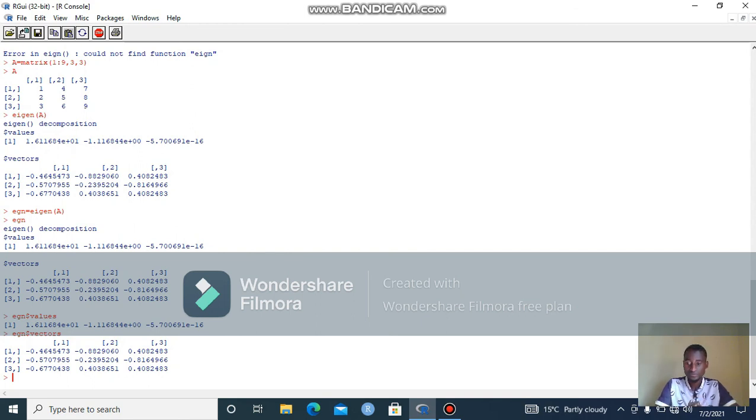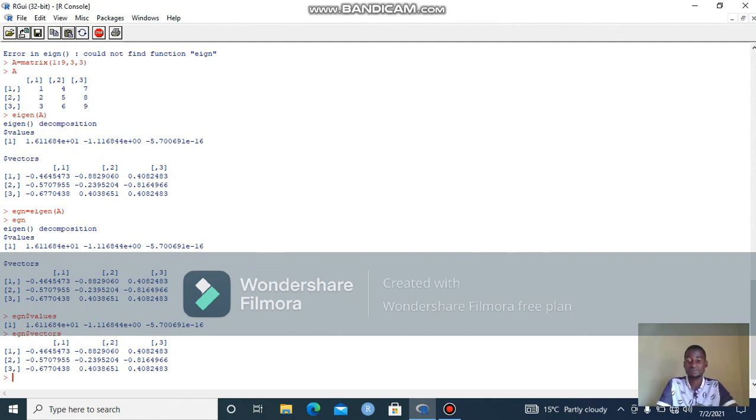And the same, at this juncture, I'm expecting you to know how to create a matrix. Having created the matrix, you can carry out different operations of matrices such as addition, subtraction, multiplication, and be very careful with the multiplication. Remember that we are not using the asterisk alone, but we are using the percent asterisk percent, to denote the normal multiplication of